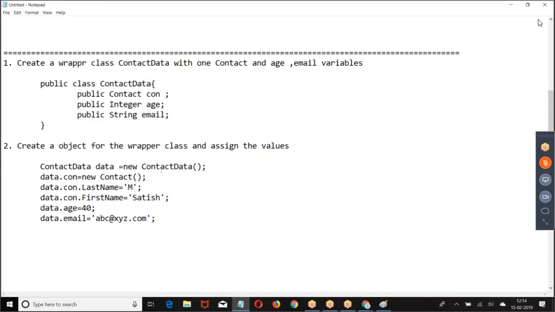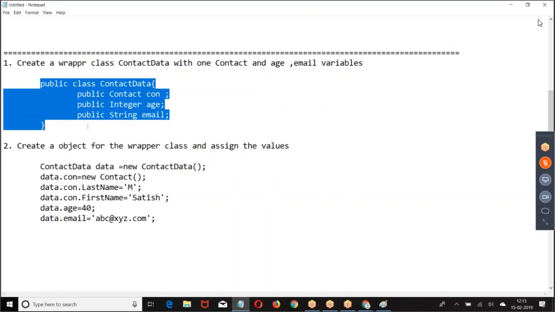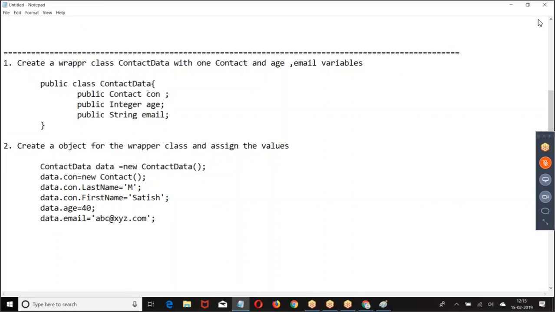In the next line, I want to refer to this variable. What is c1? Is it a primitive or a reference? It is a reference, a contact. If it is a reference, we have to assign the memory. Because it's a reference, c1 is a reference variable, so I create a new contact. This is for the class, and this is for the contact. First, we create an object for the class, and in this object we are referring to con. First create for the class, then create for the object.